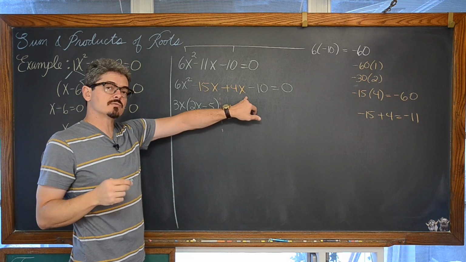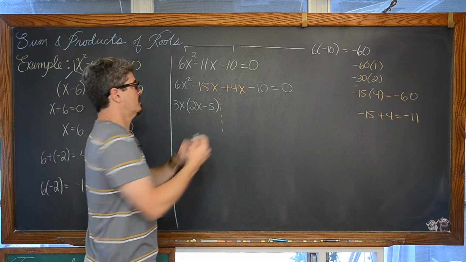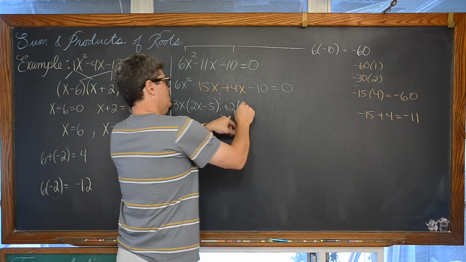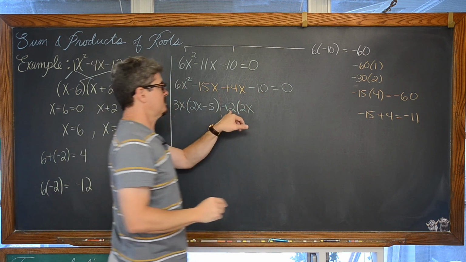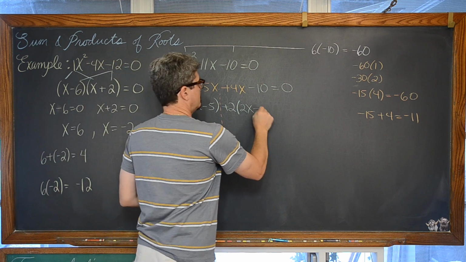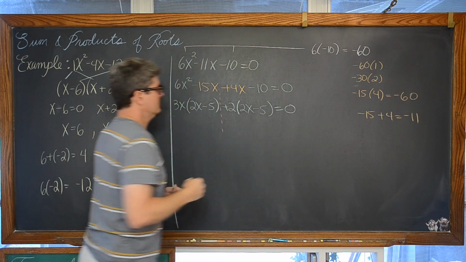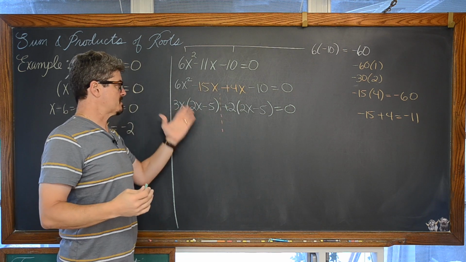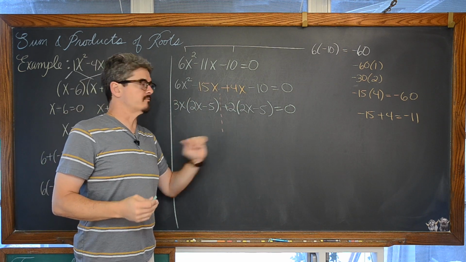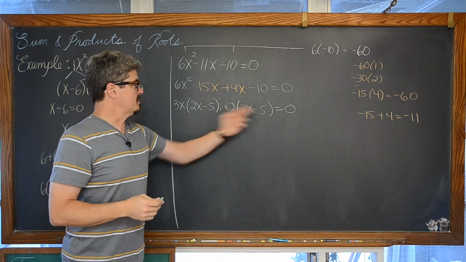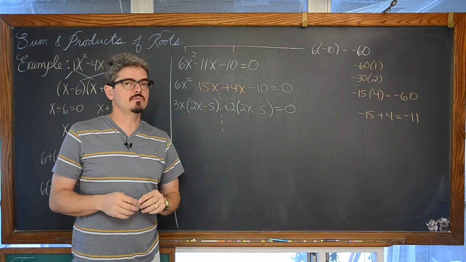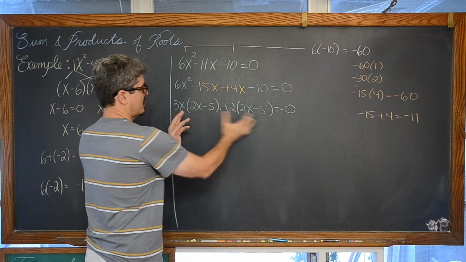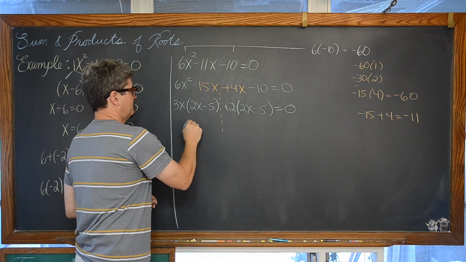And out of our last 2 terms here, we can factor out a positive 2. So we have plus 2. 4 divided by 2 is 2, so we have a 2x. Negative 10 divided by 2 is negative 5, equals 0. And we have this one plus sign separating these 2 big terms. Basically, there's a term on the left and the right-hand side of my red dotted line. Each of these 2 terms has a common factor of 2x minus 5. So if we take that common factor of 2x minus 5 and factor that out,